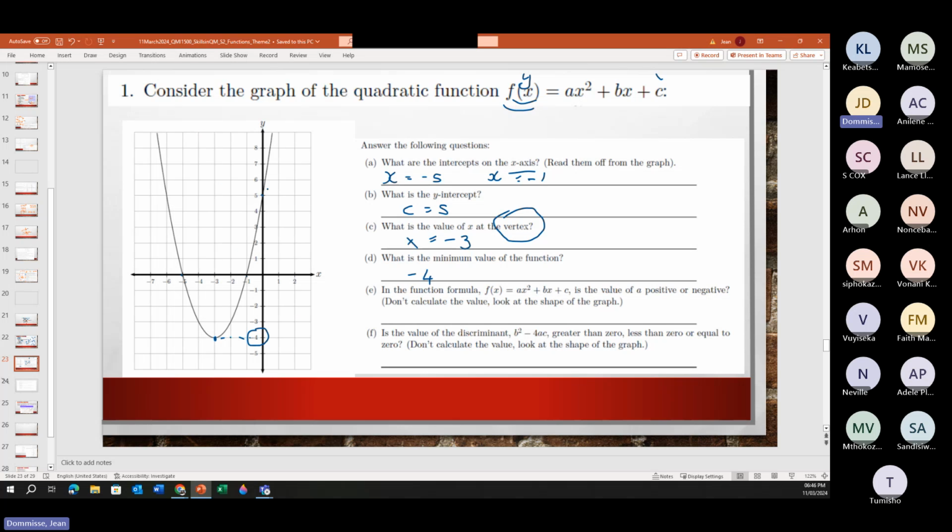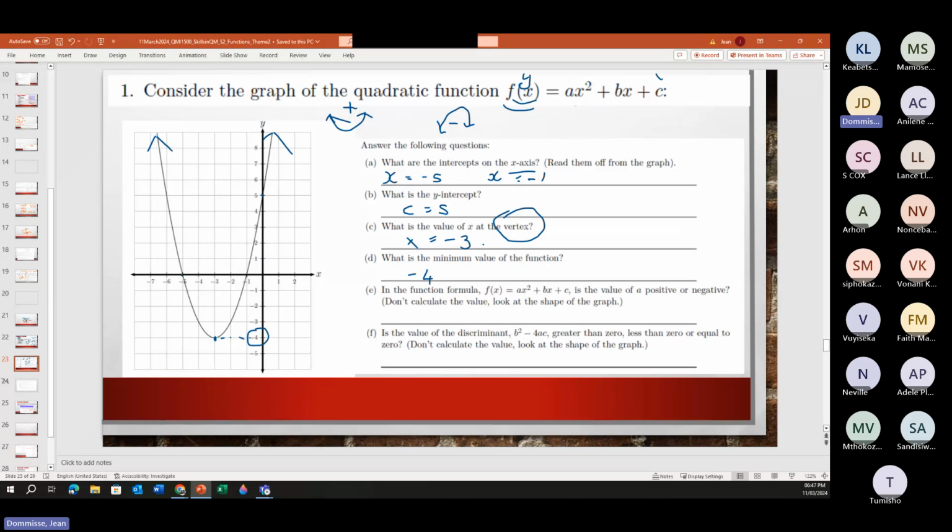So remember, if the arms are going up, we will have a minimum. If the arms are going down, we will have a maximum. When the arms are going up, your a will be positive. When the arms are going down, your a will be negative. Okay, so that is also something that we will now look at by completing some of the points within this